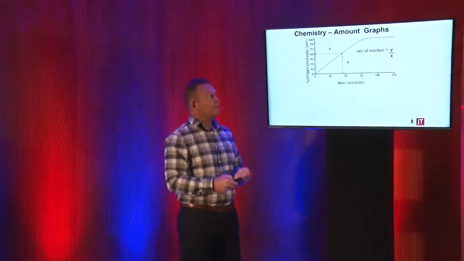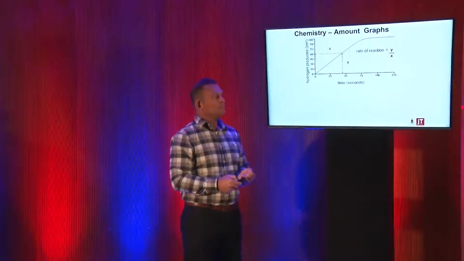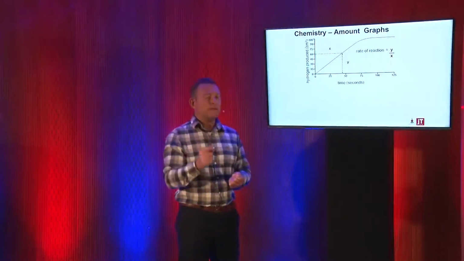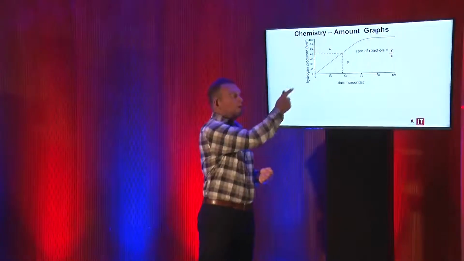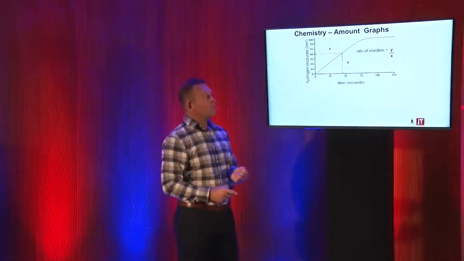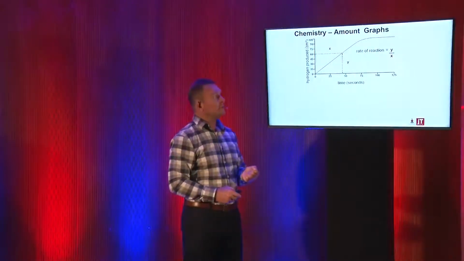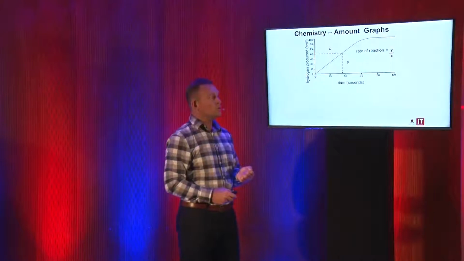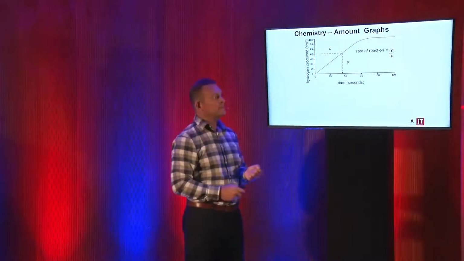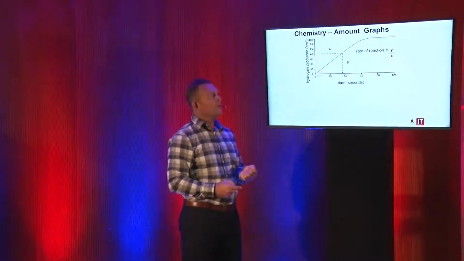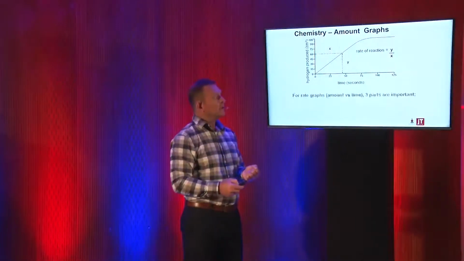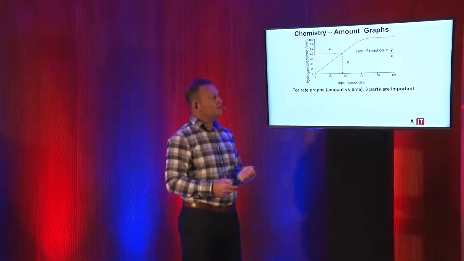Let's have a look at the graphs I spoke about earlier. The most important thing on any graph is to have a look at what is on the y-axis. What is in fact being measured? And in this case, we've got the amount of hydrogen gas that is produced in centimeters cubed against time in seconds. Now, if we look at things on this graph, if we want to look at the rate